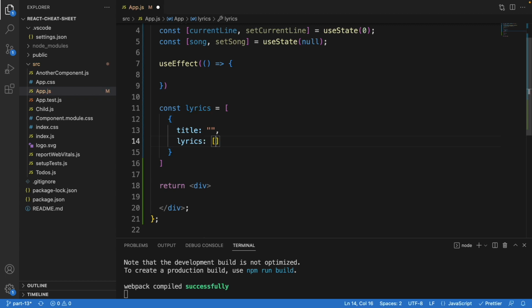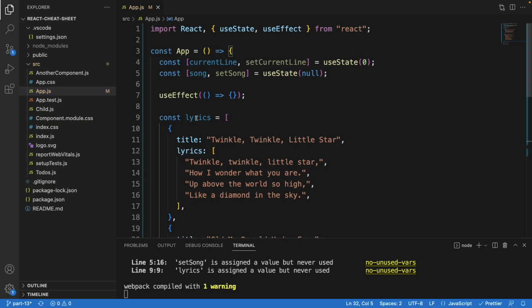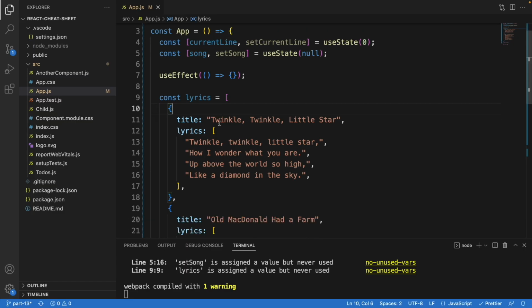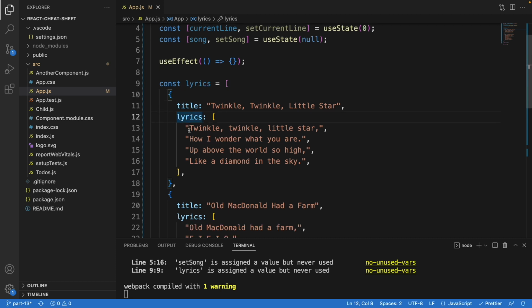So for the lyrics, this is going to be an array, and this should be the format. Let me just finish completing the lyrics, then I'll see you in a minute. Okay, so this is the song lyrics. We have the title for song number 1, and this is the lyrics,